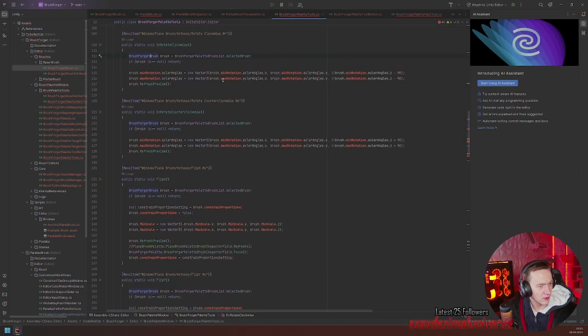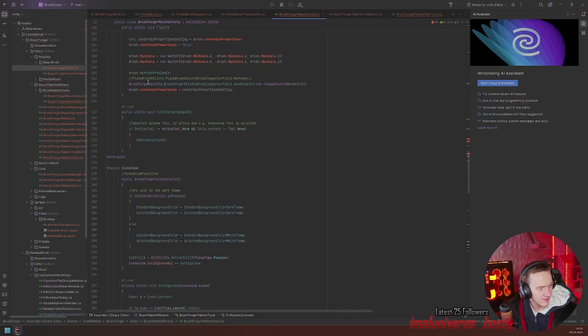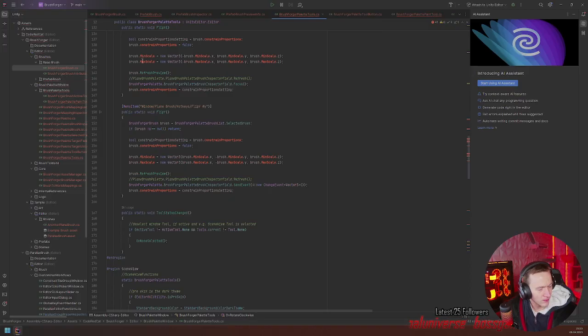So currently there's also this where we have these interactions in the tools. And this is the main problem. These interactions need to be defined inside the brush. However, these are static. We can have multiple brushes.